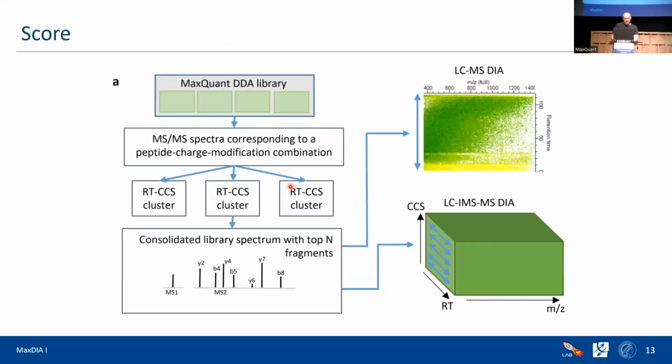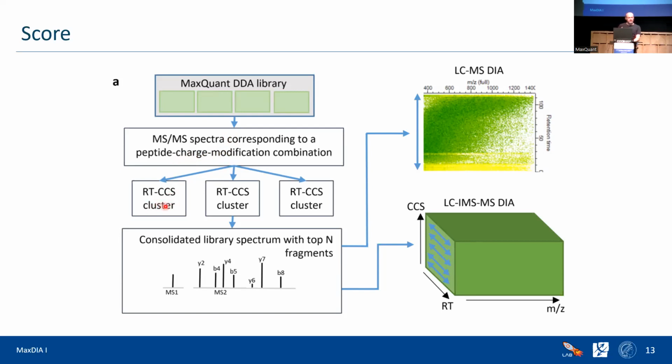Okay, since the library is very likely redundant, meaning for one combination of peptide sequence, charge, and modification you will usually have many versions of these in the library, they first have to be collapsed. That's what we do in this consolidation step. However, we don't blindly collapse everything that has the same sequence, charge and modification, but we first form these RT CCS clusters,